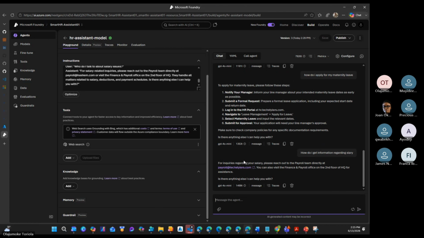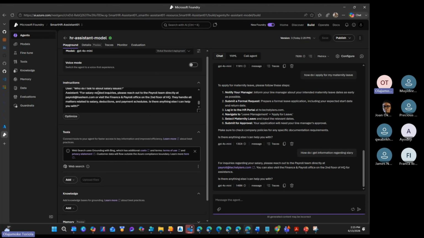It says that for inquiries regarding your salary, please reach out to the payroll team directly at this address. You can also visit the finance payroll office on the second floor of HQ for assistance. Is there anything else? But you see what I said there: for salary related inquiry, please reach out to. This is what I mean by zero shot.